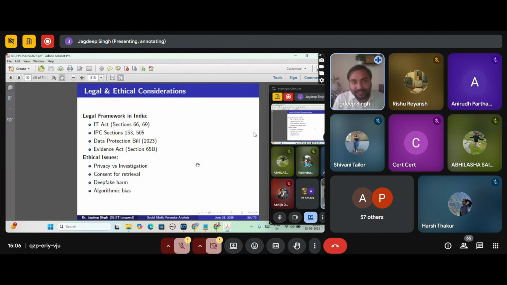So all these legal frameworks are available in India, but social media forensics or digital forensics is at a beginning or somewhat intermediate level. In the upcoming one or two years, there will be tighter rules regarding social media users,